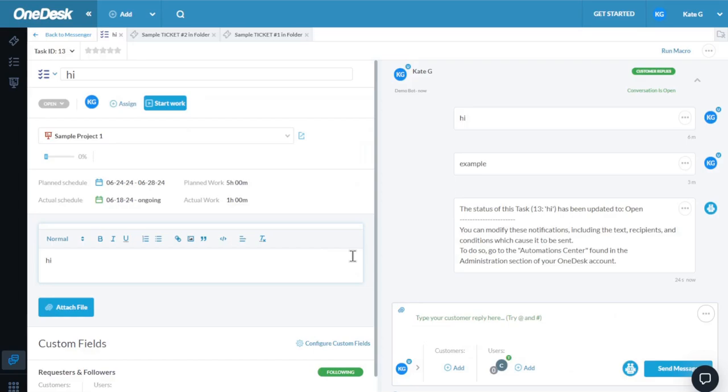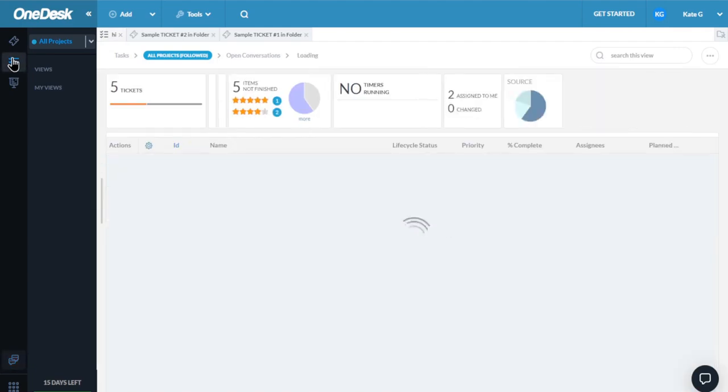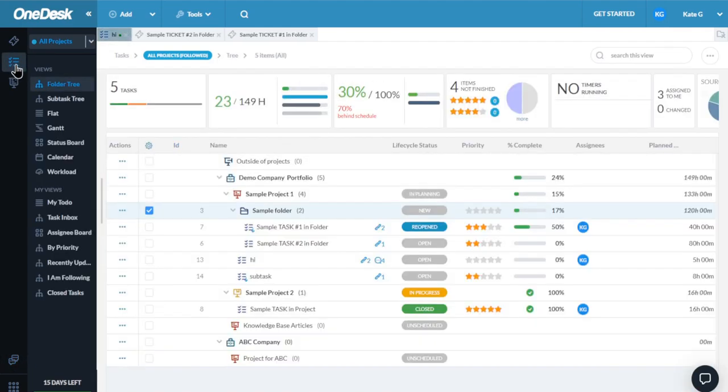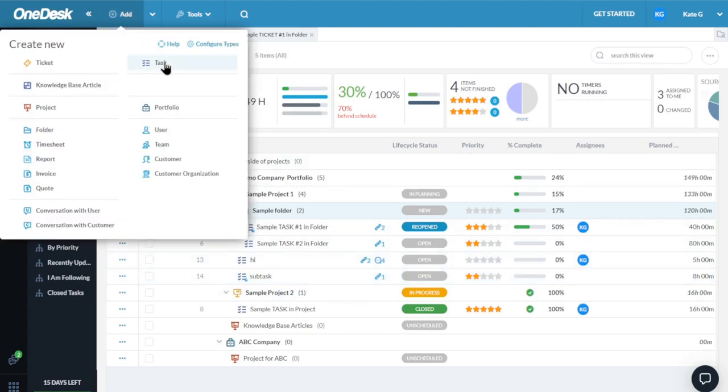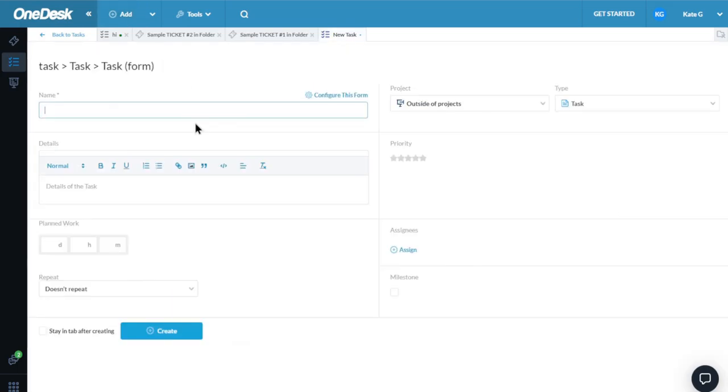Our ticket is now moved from the Tickets app to the Tasks app. All our tasks are housed in this app. The tasks, as well as project applications, are important for planning and managing your internal or client projects. Aside from converting a ticket into a task, you can create new tasks from the Add button and place them into appropriate projects.